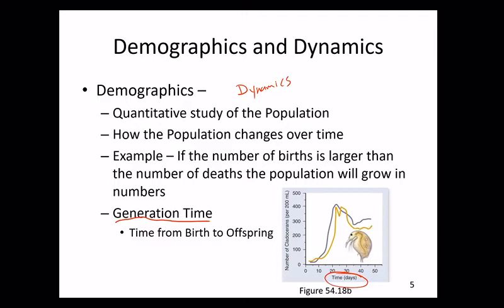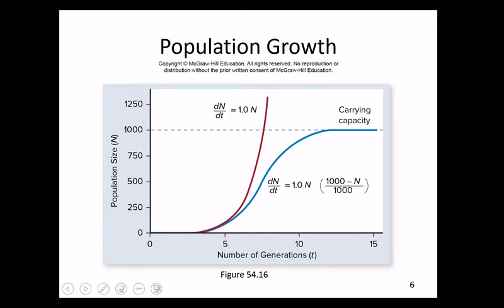So how do we study populations? Well, the study of populations can be looked at, first of all, considering the actual curve. How do we depict the change in population over time? And so we have two different curves here. The first one, this red line, is an exponential curve, and an exponential curve is a population in which there is no limit in growth. This will show an exponential growth.